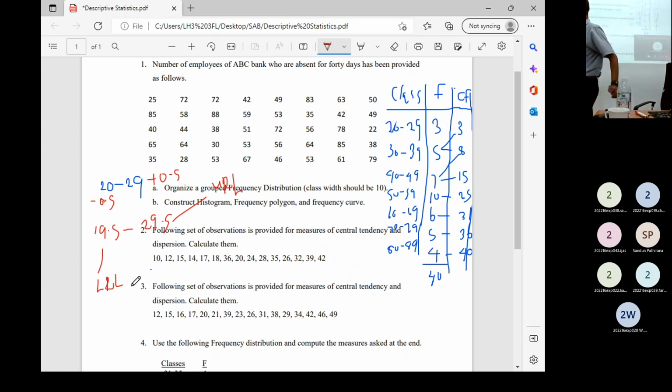As an example, suppose 20-29, when you take this as number of employees, then 19.5 employees, 29.5 employees. Practically, in the real world we cannot see that, even though for calculation purposes we use these real limits. Therefore, it is called mathematical limits. You need to understand this only to define it, but always we consider real limits in that situation. But number of kilograms, 19.5 kilograms, 29.5 kilograms, it's okay.